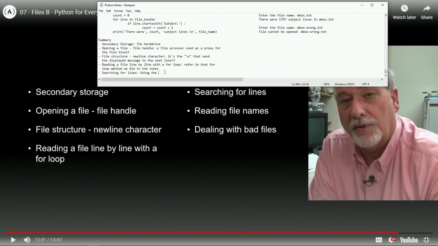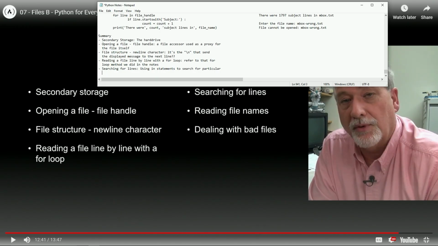I guess that's using in statements to search for particular strings inside lines we want to access.